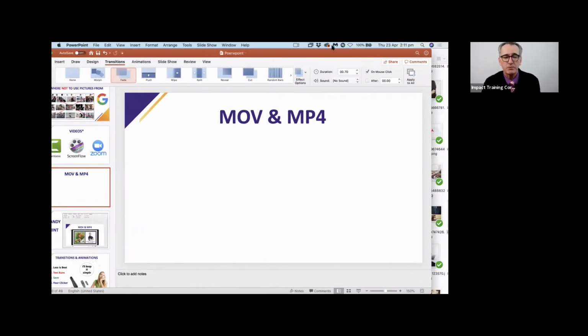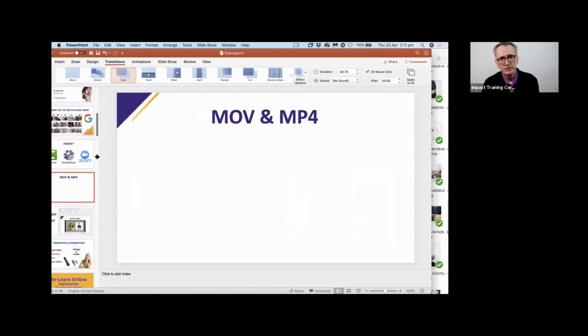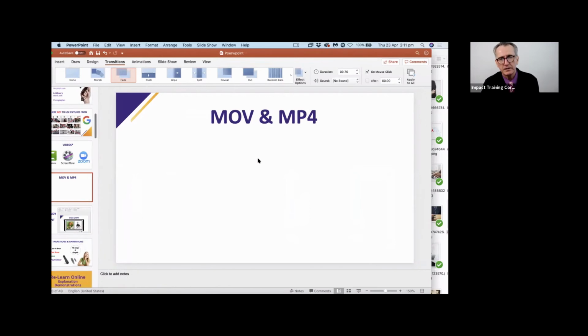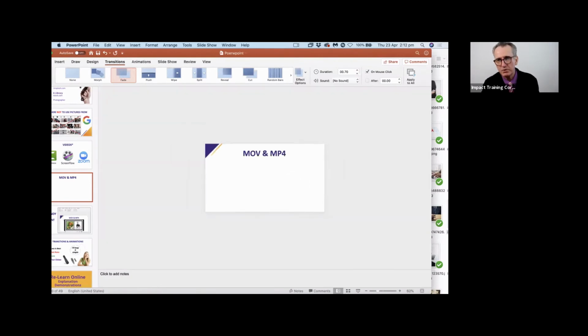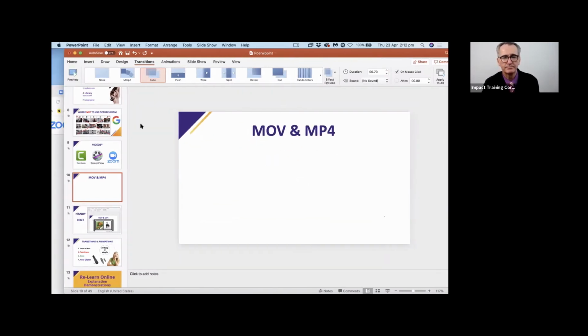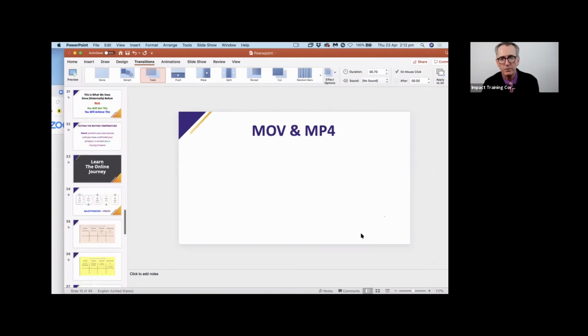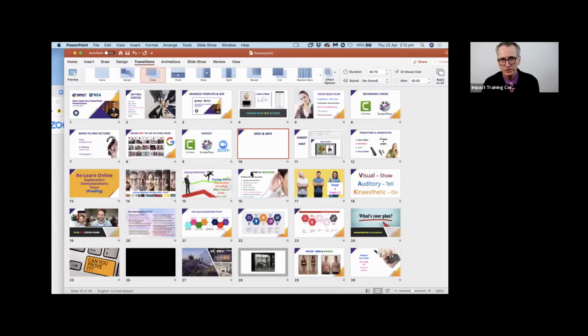I'll make this a bit smaller. I always make my thumbs smaller. You can make the thumbs bigger and smaller like that if you want to, so they don't become too big. You can make your screen bigger and smaller with the little arrow down the bottom. See where it says zoom? You can make it bigger and smaller. I have the thumbs there so I can scroll up and down to go to other things. Or if I want to go into a full-fledged look at the whole presentation, that's what it looks like.